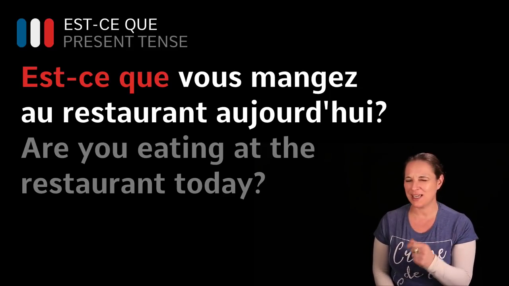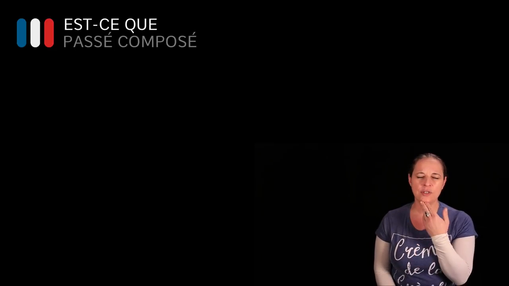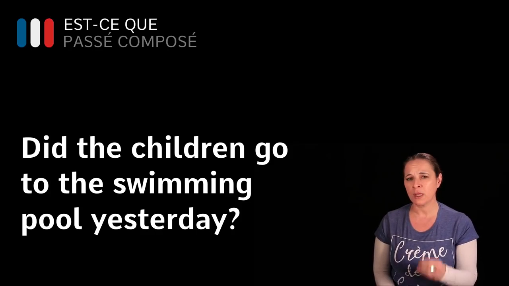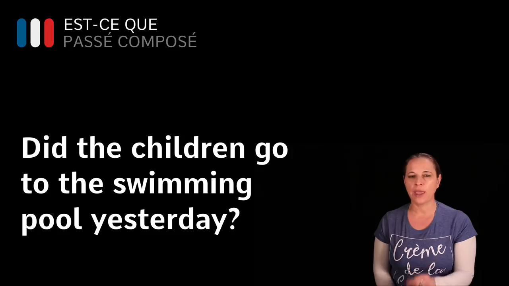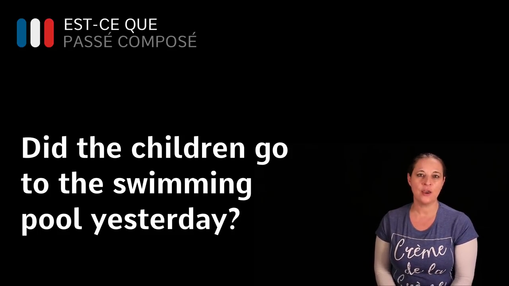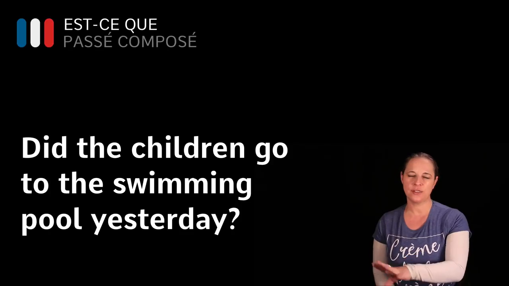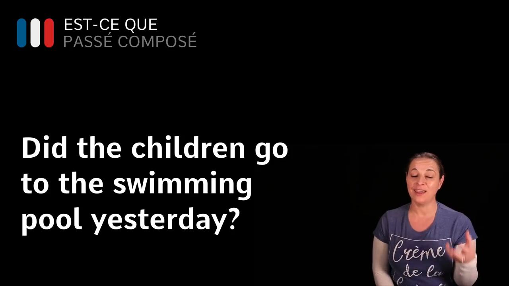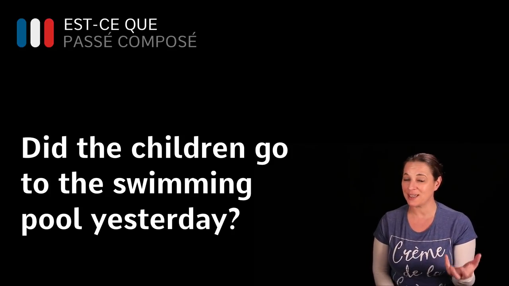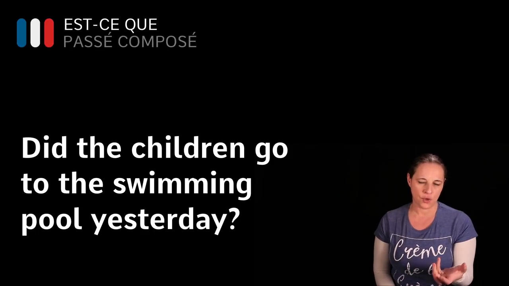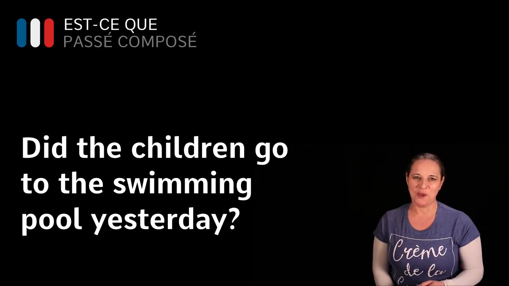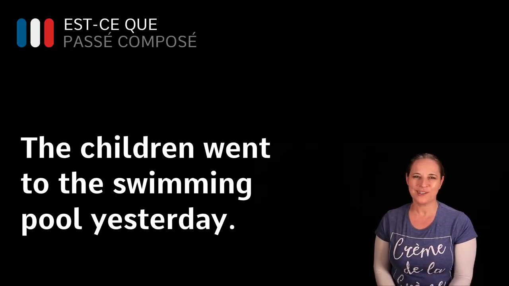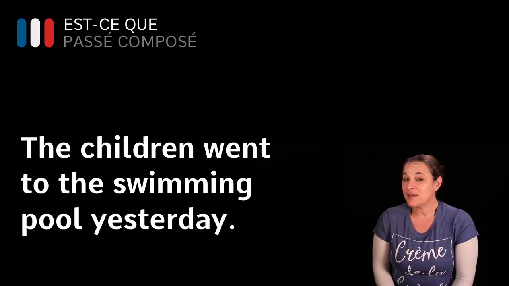So using a past tense, for example, that's even harder. How would you say, did the children go to the swimming pool yesterday? Now, this one is tricky. Why? Because you've got to learn how to say the children went to the swimming pool yesterday. So you're going to tell me, but why? Well, because you're using did, and did in English represents a prétérit, a past tense, okay? So remove the did for a moment, okay? The children went to the swimming pool yesterday. How do you say that in French?